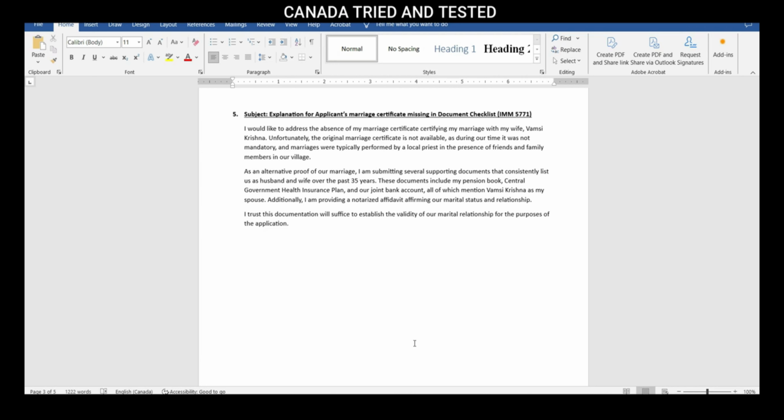I would like to address the absence of my marriage certificate certifying my marriage with my wife, then the wife's name. Unfortunately, the original marriage certificate is not available, as during our time it was not mandatory and marriages were typically performed by local priests in the presence of friends and family members in our village. So typically this is how marriages would happen in those days, say the 40s, 50s, 60s, 70s, 80s, 90s, and it was only around 2000, if I remember correctly, you can go and check online, that the marriage certificate was made